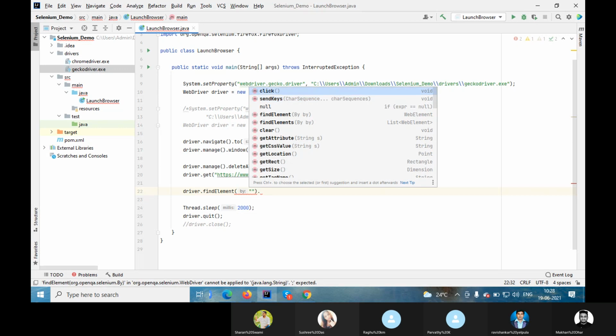Now there are a few methods. Okay, click. So the click method means you want to click on the